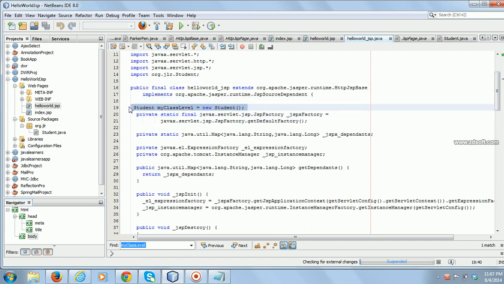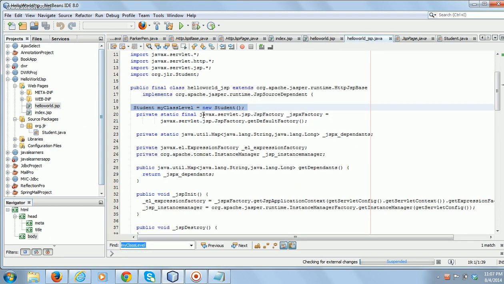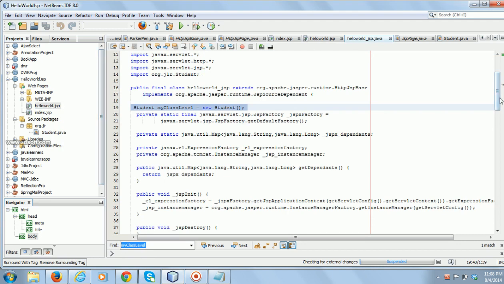If you want a class level variable, you have to declare it using a declaration section. All the things you have declared in the declaration section will go above all the methods in this class. That means it will be treated as class level variables. If you remove this exclamation mark, then this will be a scriptlet, and all the content in the scriptlet will go inside a method called JSP service.